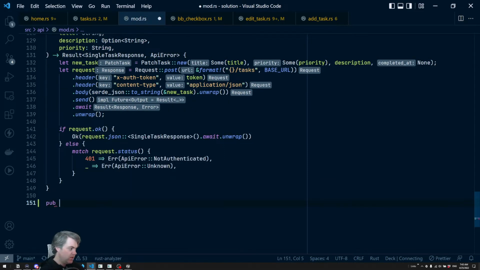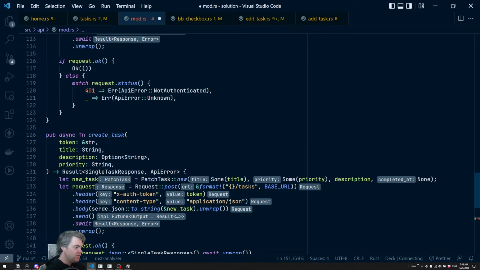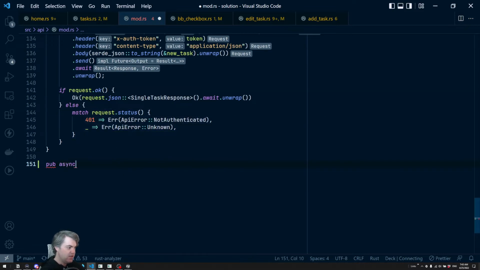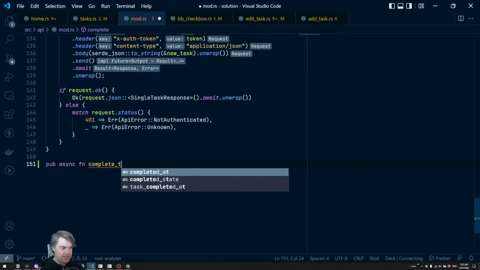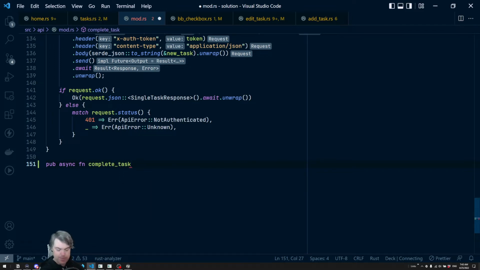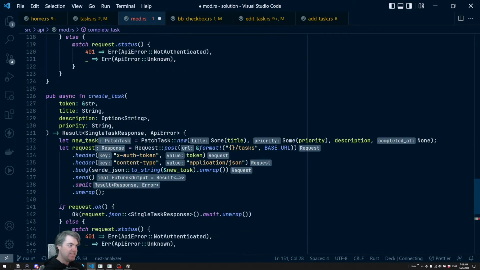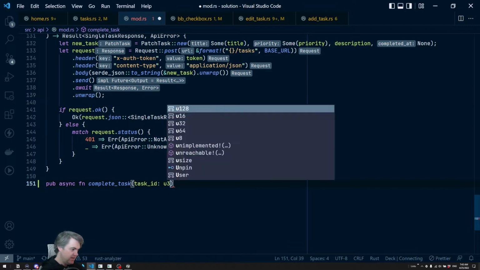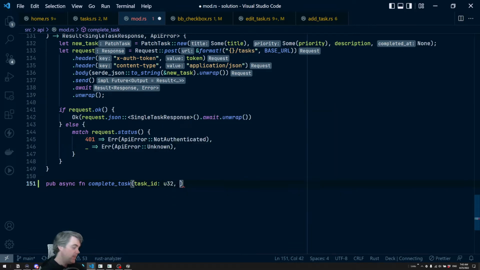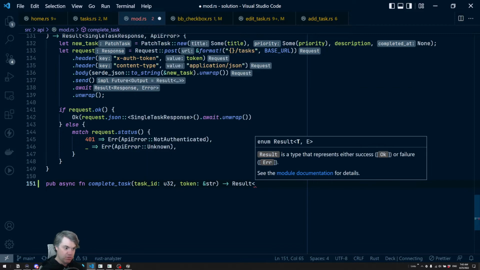Okay, so pub, is it async pub function? Yeah, it's pub async function. Pub async function, going to be complete task. So we're going to require a token and a task ID. So task ID is going to be a U32 and we need a token, which is a str. We're going to return a result with,